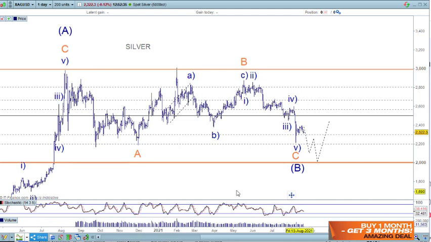And I want to start with silver today. So with wave A here, an A and a B and a C wave for the wave B, and 1 and 2 and 3 and 4 and 5 here for wave C of 4. It is possible that we can have more downside here because this move down through here, even though it was a bit like a capitulation sort of move here, it sort of reminds me of wave 3 here.